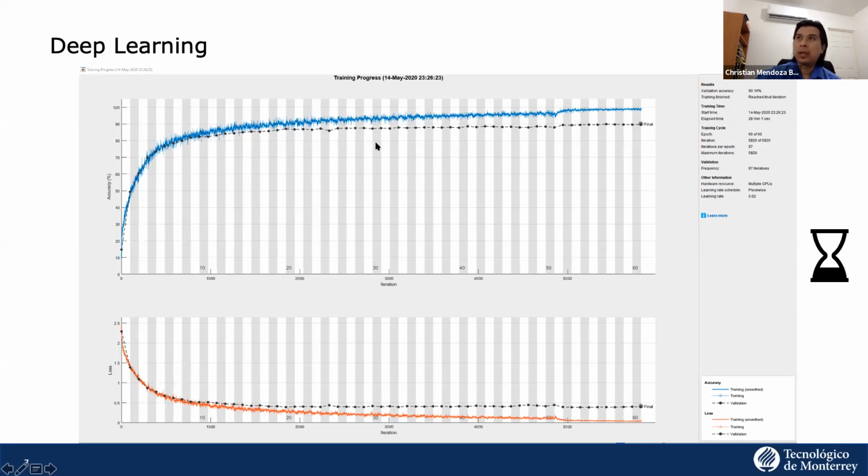This is the normal expected graphic that you should obtain when you train any of these models. On the other hand, on the bottom, you have the loss curve, which is basically the same as saying what is the error of the model as you train it. So as the accuracy gets better, you expect the loss plot to be lower and lower, because you are having a much better model that models the data that you are sending into the network.